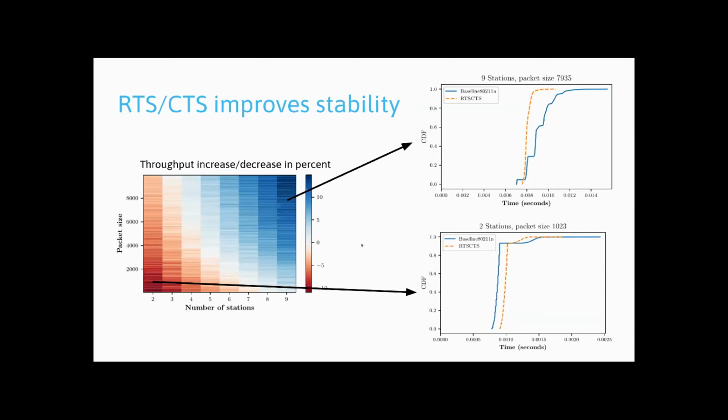So what the QED tools enables us to do here is to model this and to make informed decisions about when to enable different protocol features. Because, for instance, here, if you're running an interactive application, you might want to enable RTS-CTS because it reduces the worst case latency at the cost of some throughput, but that might be a trade-off that you're willing to make in some cases.